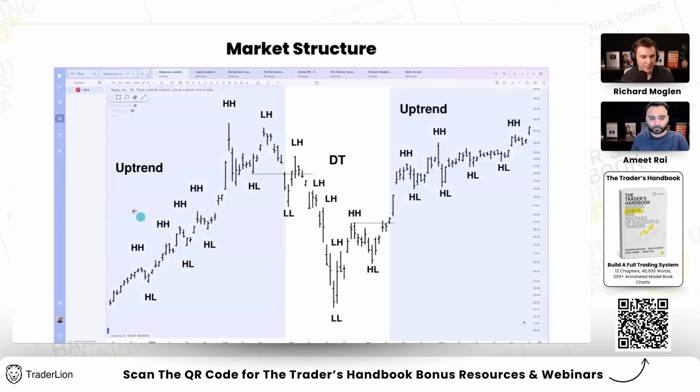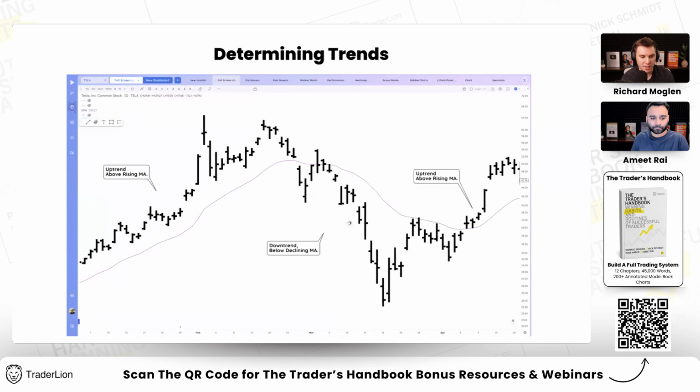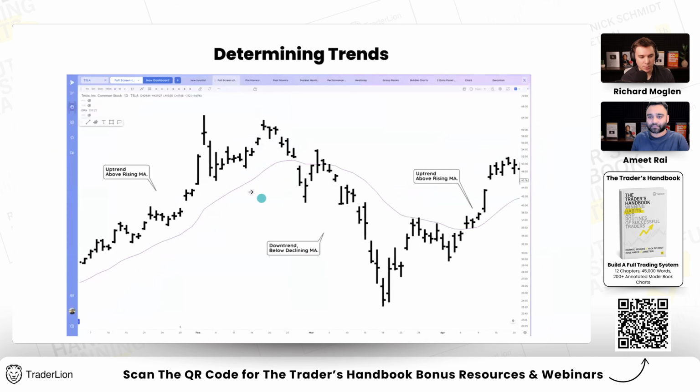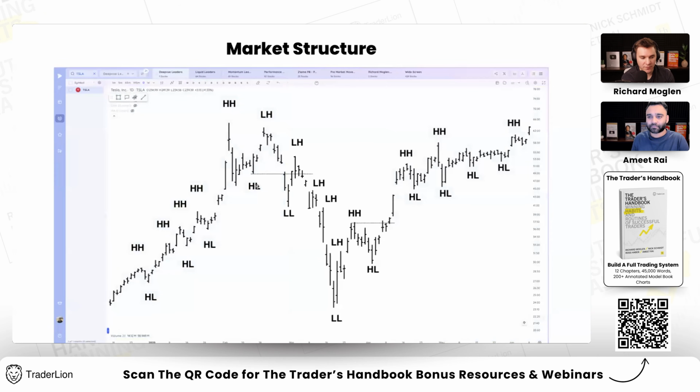So it is color coded, and you'll notice that this basically lines up with exactly this. There's a reason that it lines up. It's because it's just two different ways to look at price action, one based on swing highs and swing lows, and one just using a simple moving average. I think if you're a beginner trader, just using the moving average is probably a good way to start. But if you're more advanced and want to catch stuff and start noticing, this is the first higher low, anticipating this break higher into a new uptrend,